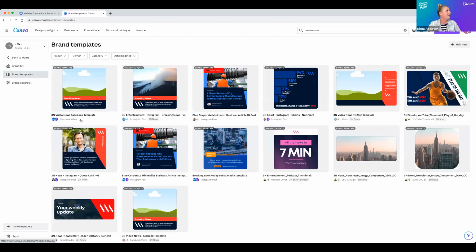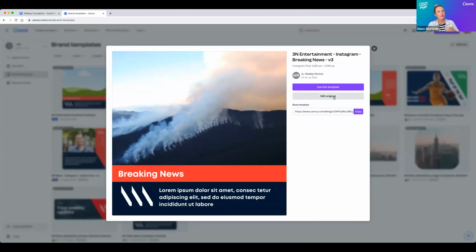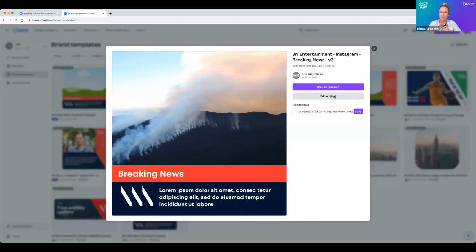And then finally, we've got brand templates. As you can see here, we have quite a collection of templates that our design team have created on our behalf that are on brand, based on the brand kit we've created. If I click on this one, I can see that I can edit the original, but that's only because I'm an admin of the team and have full rights to all of these. But someone who's just a member of your team